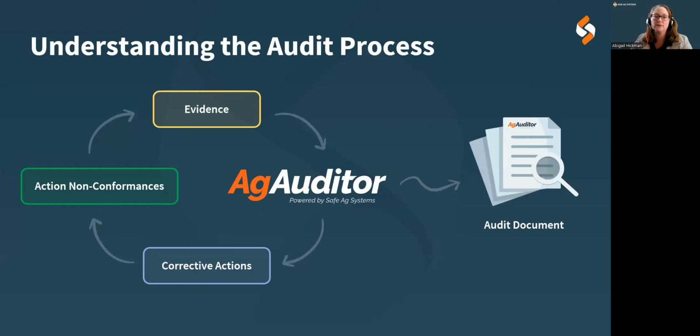All right, so we'll start with the audit process. So what is an audit? An audit is a formal process of examining information to assure a business is meeting required criteria for a particular certification. Each certification has a set of criteria which businesses that wish to attain that certification must demonstrate that they are meeting in order to achieve that accreditation and to retain it.